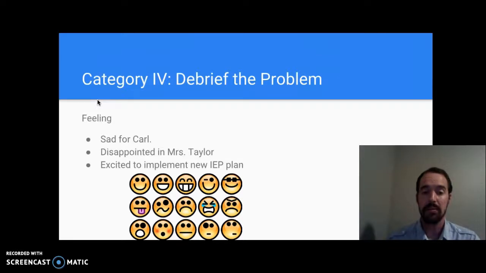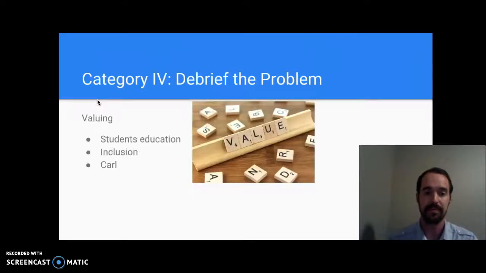I'm excited to implement this new IEP plan for Carl. I think it's a great start, and I am excited to see what types of results the IEP brings about. A few things I was valuing as I took a look at this case study include